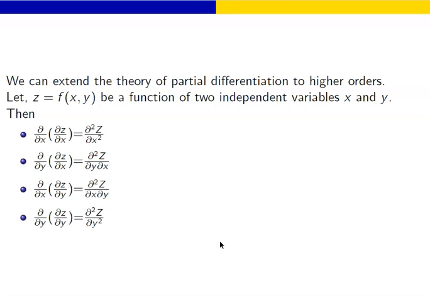Now if we want to find the higher order derivatives, let us suppose a function having only two variables, x and y. Then what is dou 2z by dou x square? It is nothing but the partial double derivative of z with respect to x, keeping y constant. Similarly we can find dou 2z by dou y dou x, and dou 2z by dou x dou y. This is equal to dou by dou x of dou z by dou y. So first you find the value of dou z by dou y, and then differentiate it with respect to x partially, keeping y constant, and you will get the answer. Similarly we can find dou 2z by dou y square, which is the double partial derivative of z with respect to y.